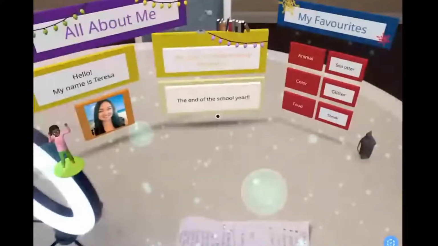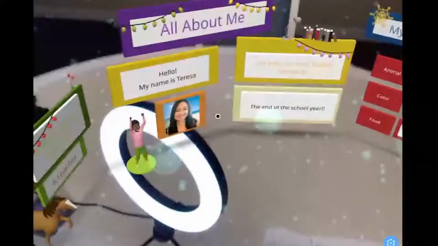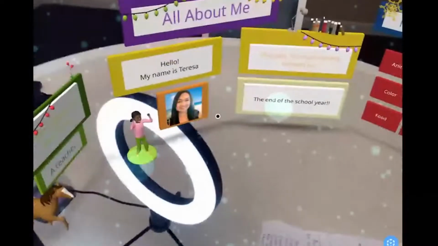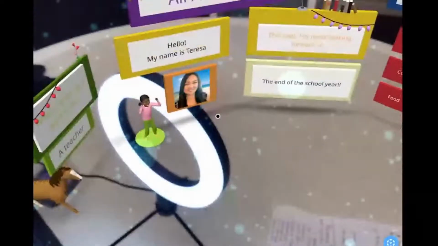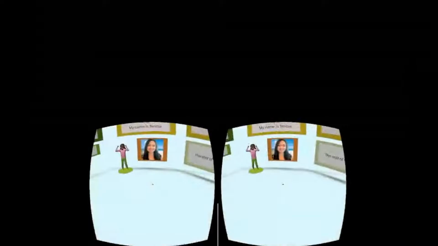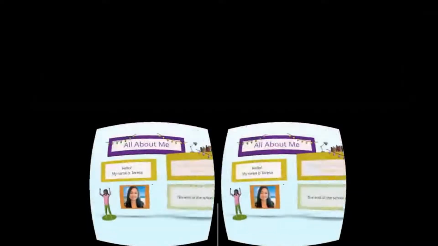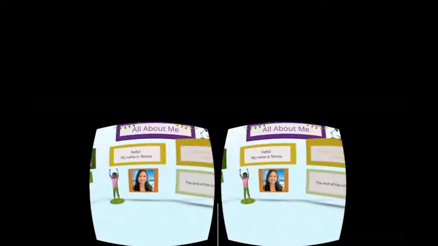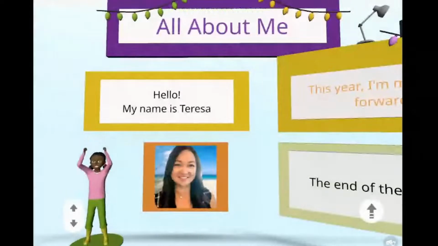One of the great things about CoSpaces is that anything that you create, you can also put in augmented reality. You can put it on the merge cube that we talked about before, or you could also put it in VR if you wanted to. So if I had my VR glasses, I'd actually be able to be in this world that is all about Teresa. Not sure if I would want to be there, but